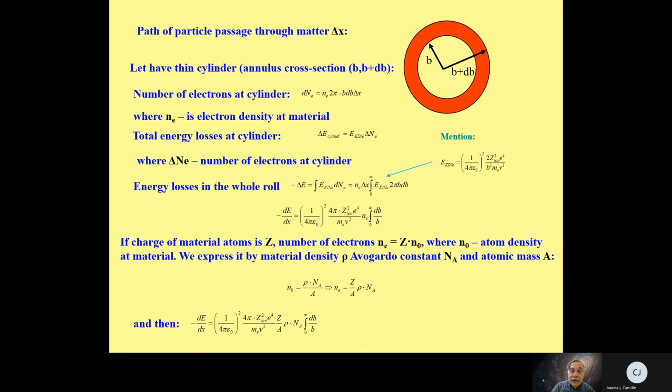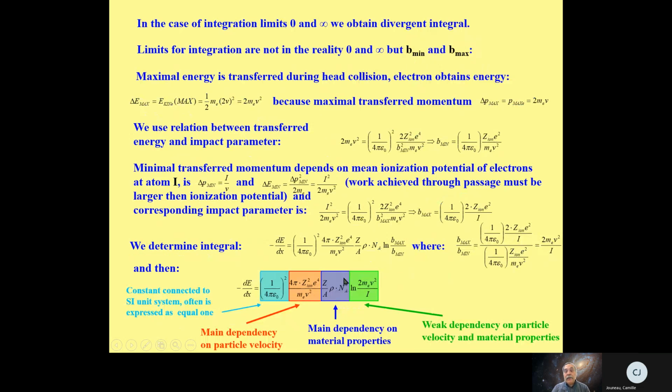This is exactly only this multiplying here. This is the dependency on the material and on the atomic number of the material, and also it is dependency on density of this material